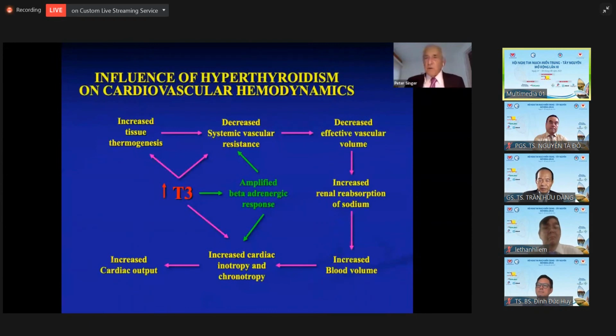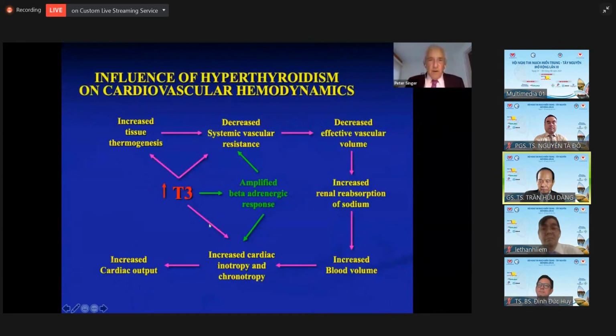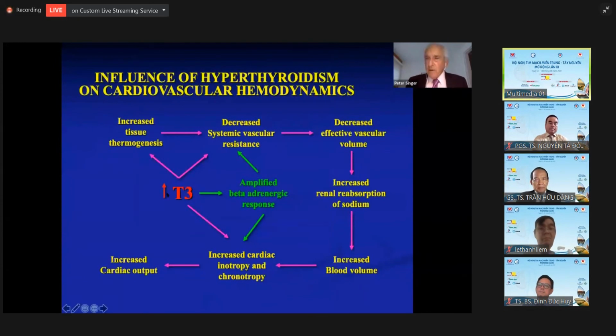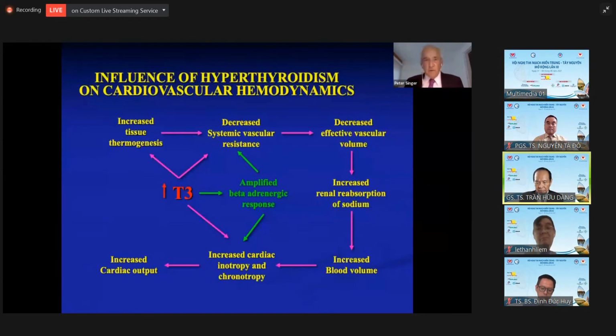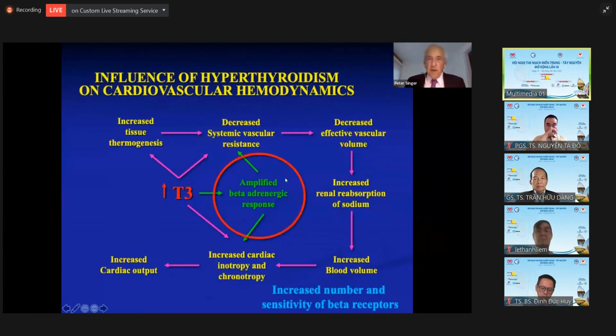Okay. Well, how does hyperthyroidism affect cardiac hemodynamics? Again, we have here an elevated T3. Recall that T3 is the metabolic endpoint of thyroid hormone. The T3 increases tissue thermogenesis, decreases systemic vascular resistance and effective vascular volume, and increases renal absorption of sodium, which leads to an increased blood volume. She has increased heart rate and force of muscle contraction, and in hyperthyroidism, an increased cardiac output. So a patient with Graves' disease, rather than a blood volume of 5 liters, may have a blood volume of 7 liters for that matter. Okay, and in addition, in hyperthyroidism, you have an increased beta adrenergic response leading to an increased heart rate and